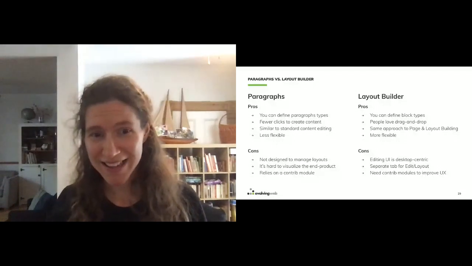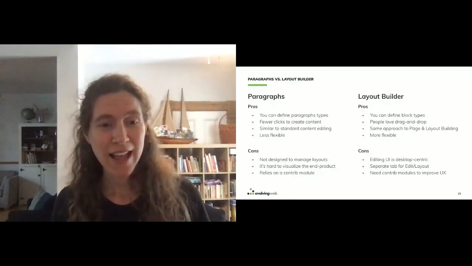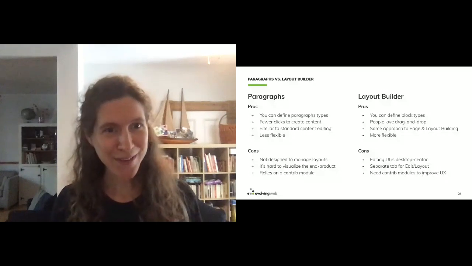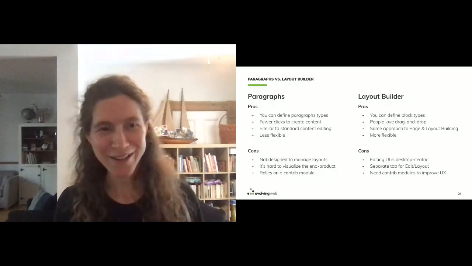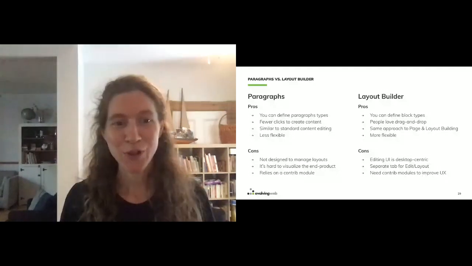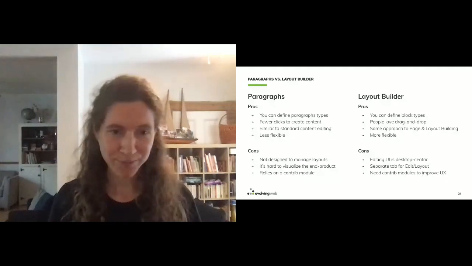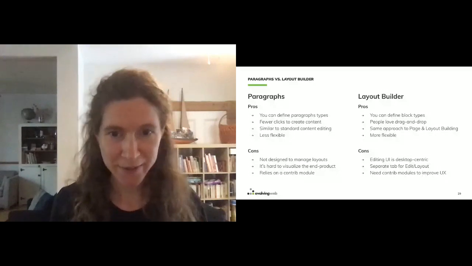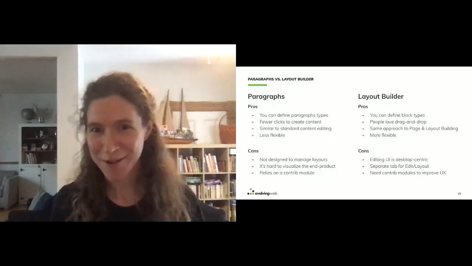It's hard to visualize the end product as a result. And then paragraphs itself, even though it's widely used, one of the most popular modules, is not part of Drupal core. So you're relying on this contrib module, which is always something to consider. On the other hand, layout builder is in core, which is great.